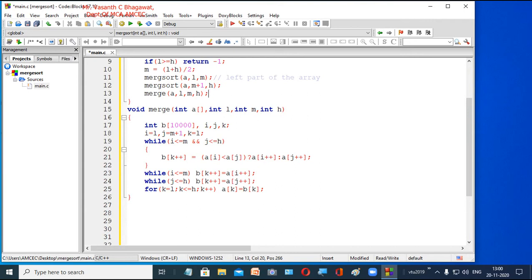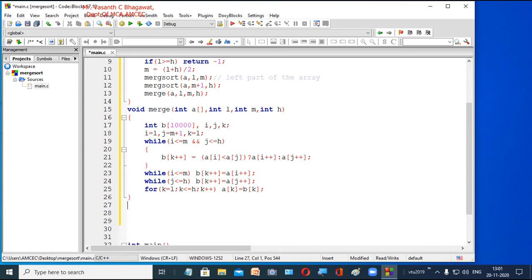Just remember the size, how many elements you have taken, and i, j and k. Do the initialization, then 3 while loops and 1 for loop. Right? In this function, how many while loops do we have? 3. Actually it is only 1 while loop, and this first while loop we are breaking into 2 whiles, and the last one is the for loop.